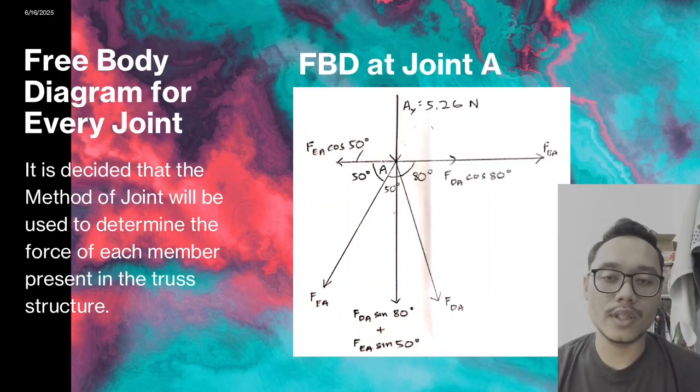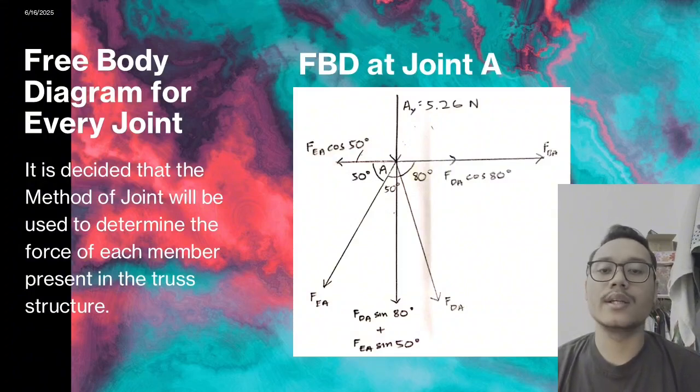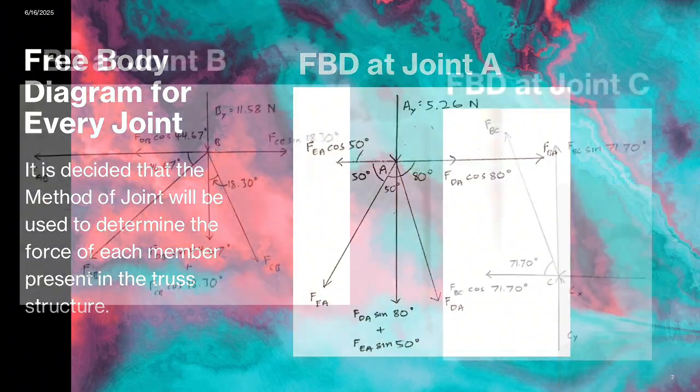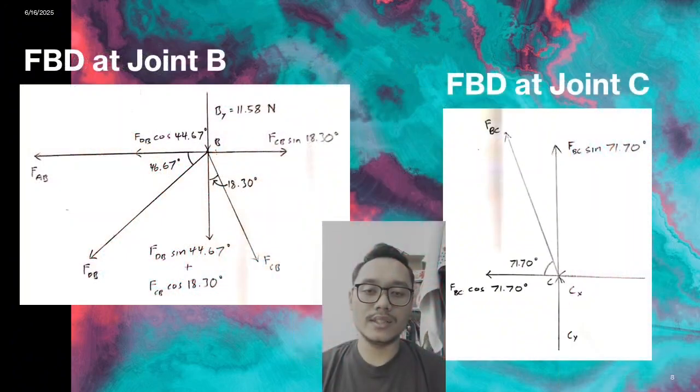For FBD at joint A, we assume the acting force for AY is 5.26 Newton. The angle for FEA is cos 50 degrees, FDA cos 80 degrees, and FDA sin 80 degrees plus FEA sin 50 degrees. For FBD at joint B, we